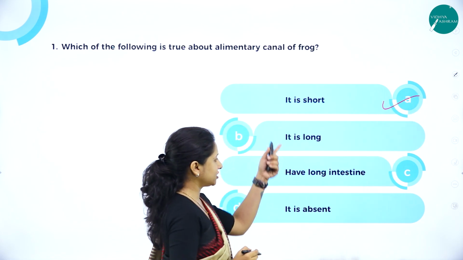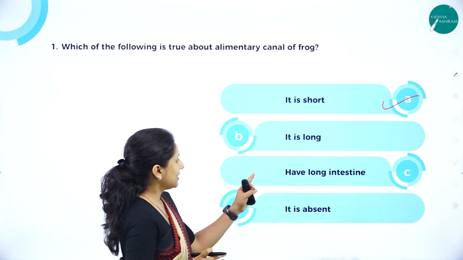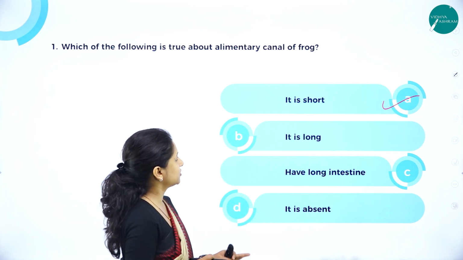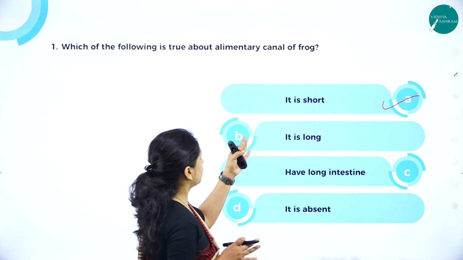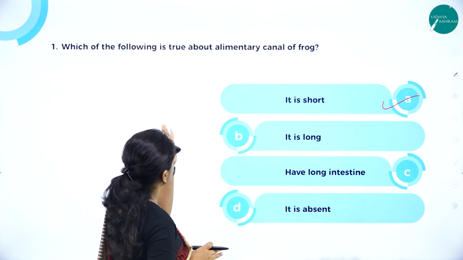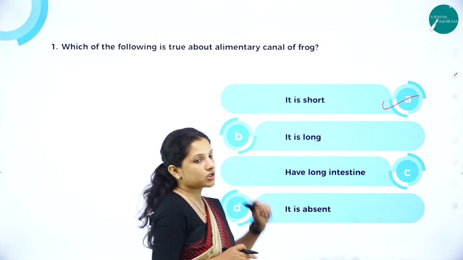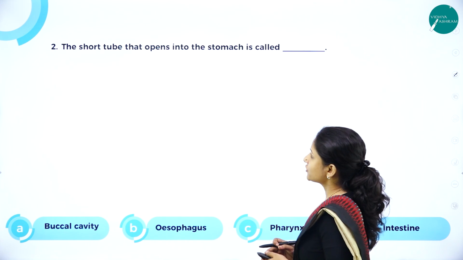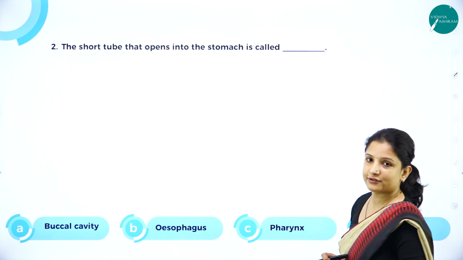The rest of the options are wrong: it is not long, it is short. They do not have a long intestine, they have a short intestine, and it is not absent, they do have an alimentary canal. Only the size is small. So the statement that is true about the alimentary canal of frog is that it is short. Option A. Next question. The short tube that opens into the stomach, in the case of frog, is called